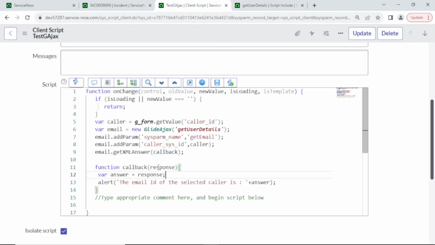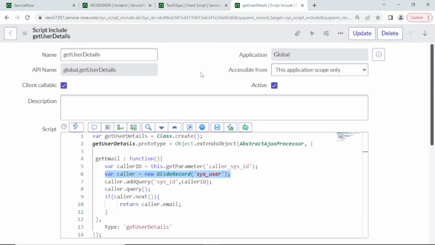In that function we will get the response, whatever we have returned from the script include, and we are storing it in the answer variable, and now that can be used as per your requirement. Our requirement was, whenever the caller is changing, we have to show the email ID of the selected caller. So what is happening after we have written everything here in the client script? What happens in the script include is